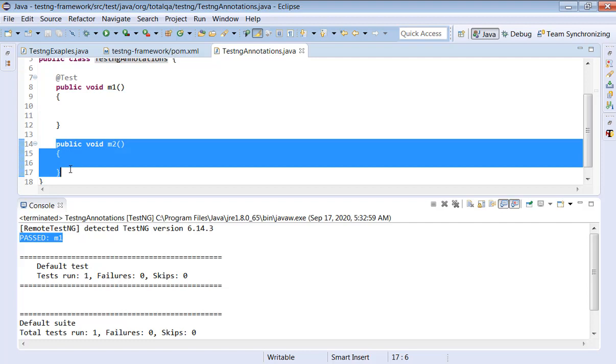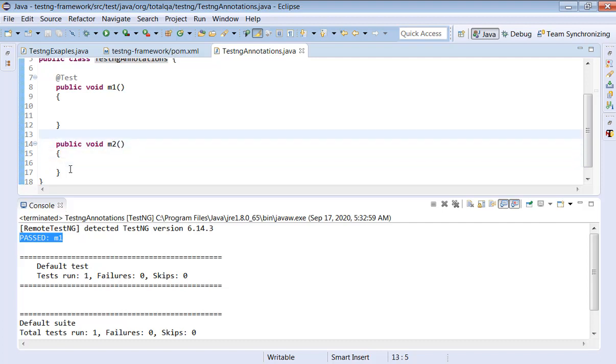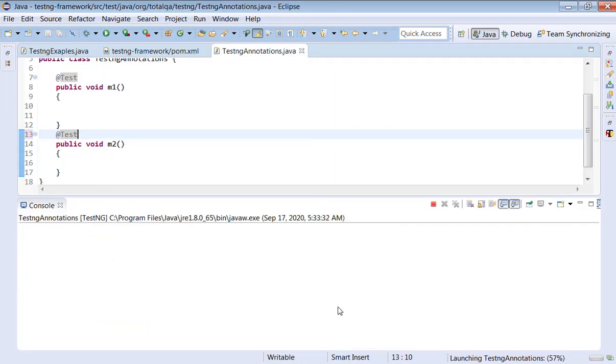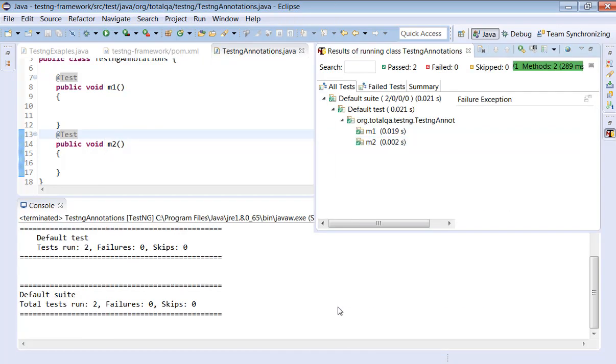If a method within the program doesn't have any annotation, we call it a Java method. But if you have a method with a TestNG @Test annotation, then we call this a TestNG test case. Now let me execute again. Run as TestNG test. Now we will see there are two methods available.